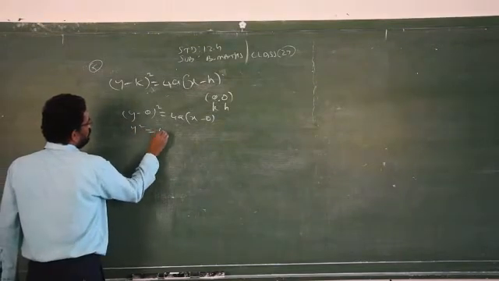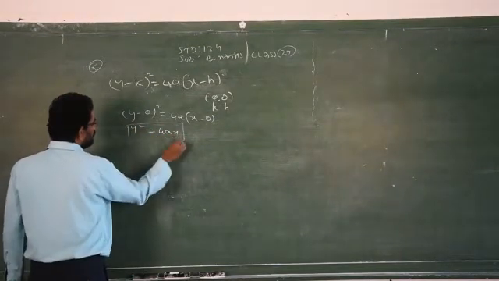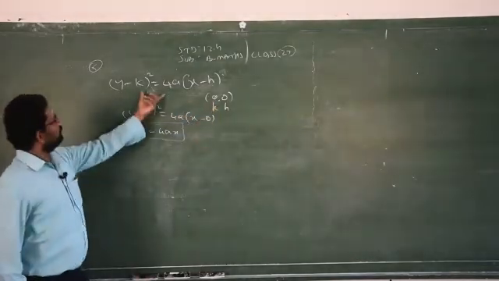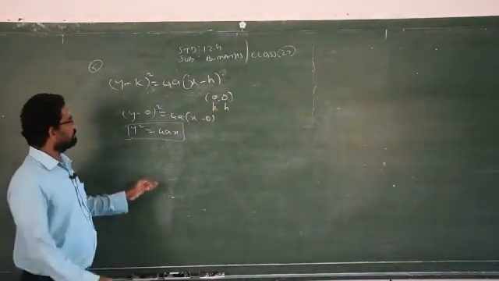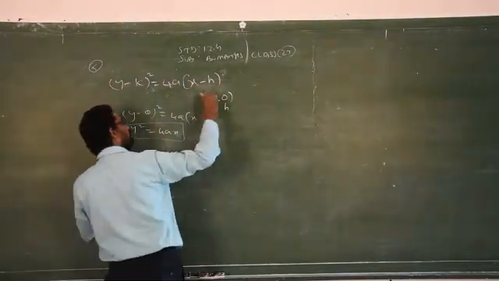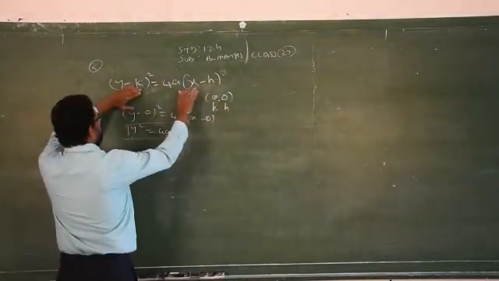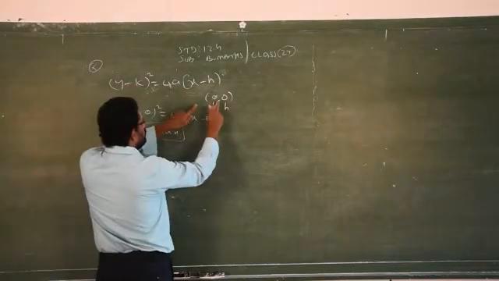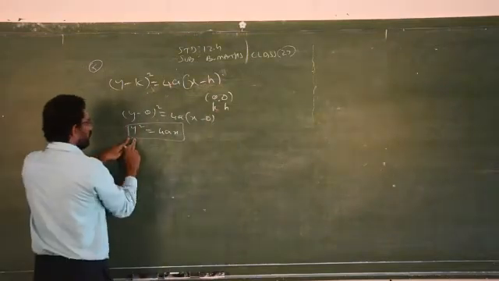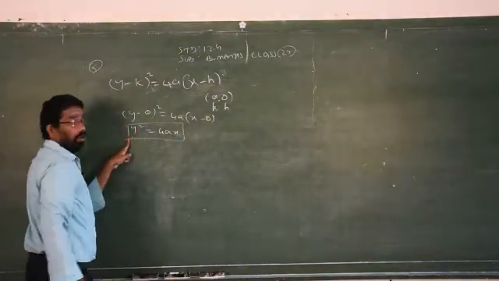y square is equal to 4ax. See, I got a general standard form of the parabola which is passing through the origin. This is the general formula, just for your explanation purpose. When the parabola has center other than the origin, this is the formula. When the parabola is passing through the origin, that is (0, 0), replace k and h by 0, 0, and you will get the standard form. This is passing through the origin.